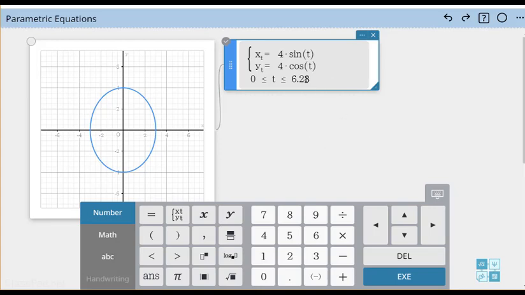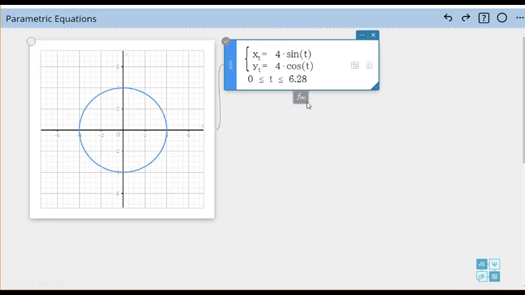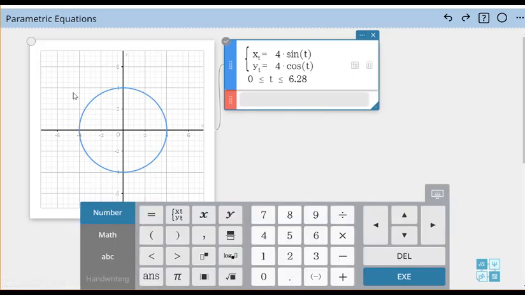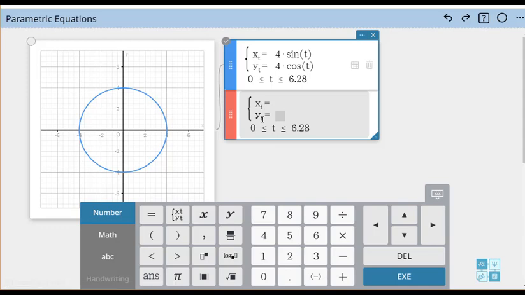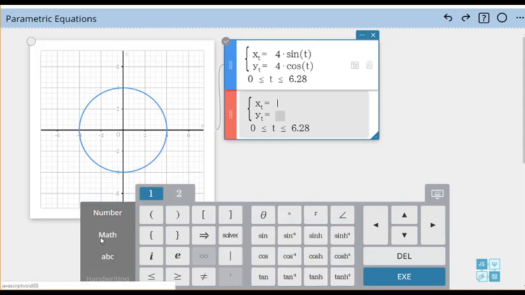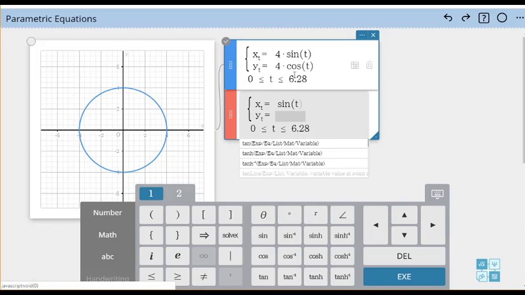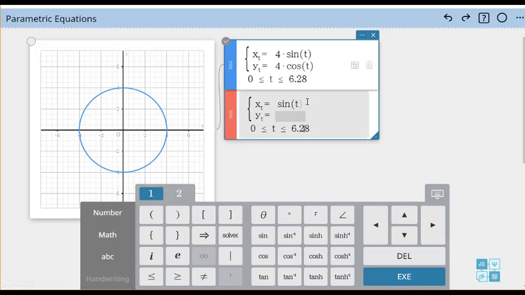So let's just add another one in a different color and show you how you can really kind of be creative with this. And I set it back to being a circle. So again, I want a parametric equation. I've got my template open. I click this template here. There it is. It's waiting for me to enter a parametric. So this time let's do, and instead of typing it in, I could just use my template over here. So let's do that, but let's raise it to,